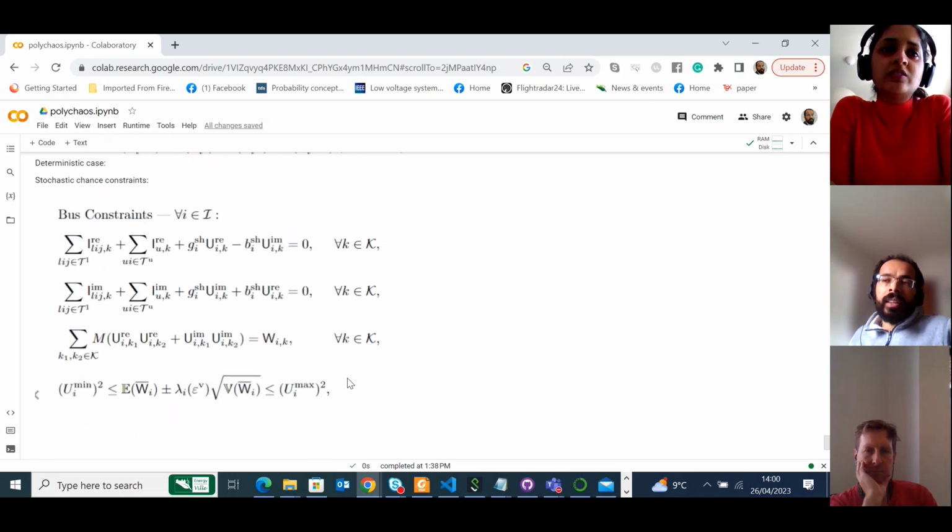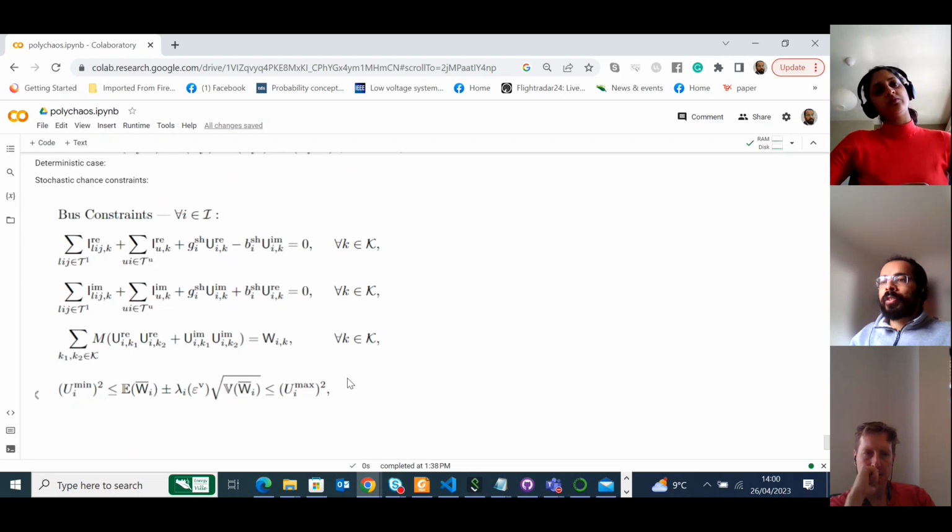This lambda is generated assuming that your output looks nearly Gaussian. If you have a Gaussian distribution, then you can always reformulate it in terms of mu plus lambda times the deviation. And if your lambda is tuned to 1.65, then this gives that particular